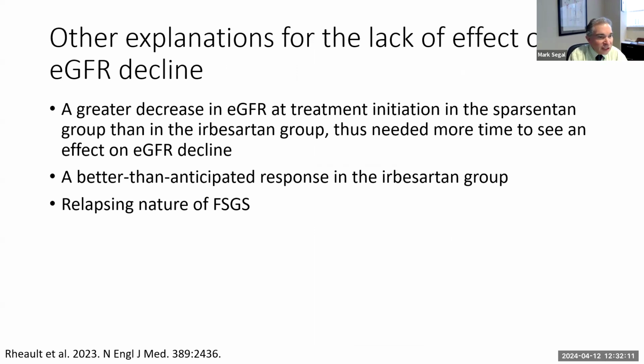Other explanations: they saw a greater decrease in estimated GFR at treatment initiation in the sparsentan group than in the irbesartan group, and thus maybe they needed more time to see an effect on the estimated GFR decline. Maybe they had a better than anticipated response in the irbesartan group, or maybe it's because of the relapsing nature of FSGS, or maybe proteinuria may be a very early marker of future